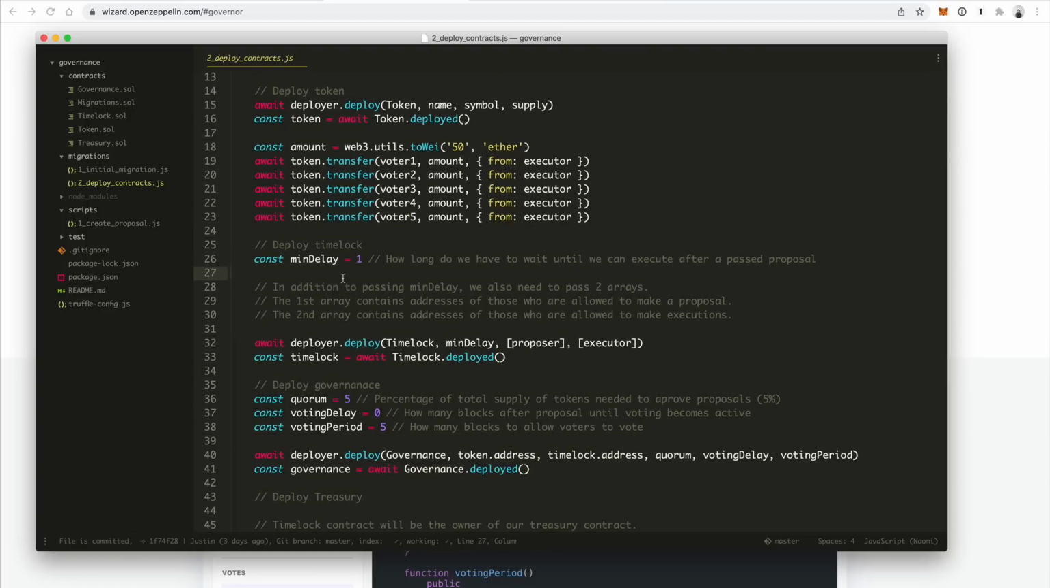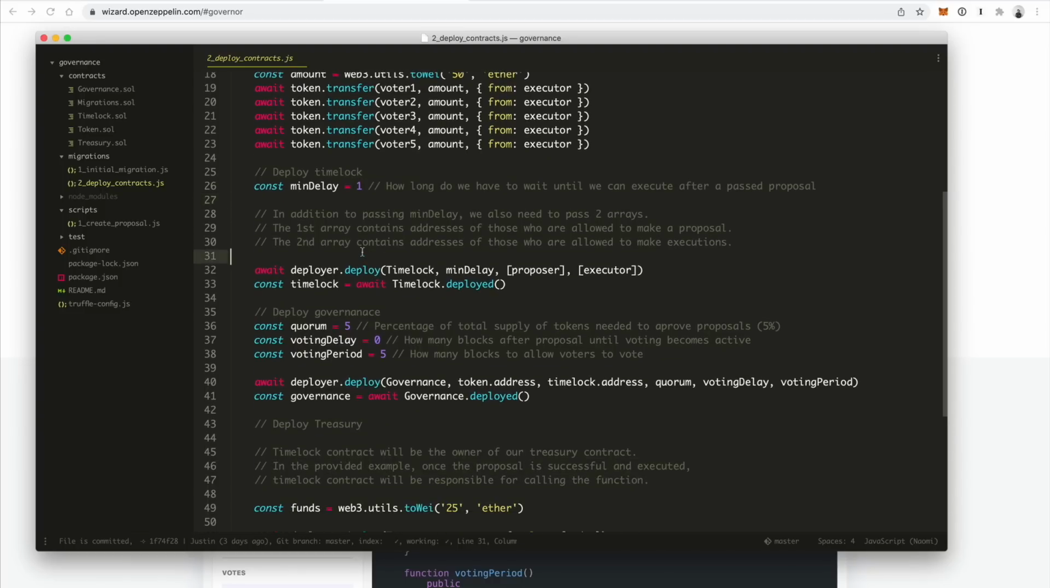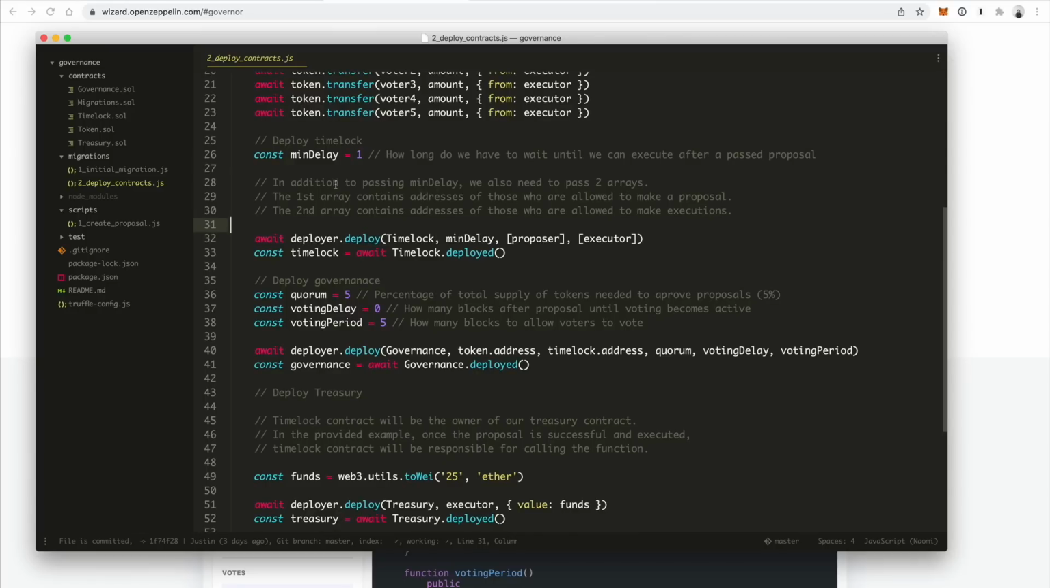So now we want to configure the time lock delay for the vote. So how long we have to wait until we can execute after a proposal has passed. So we're just going to set it to 1 here. All right. So in addition to passing this minimum delay, which is what this is, we also need to set